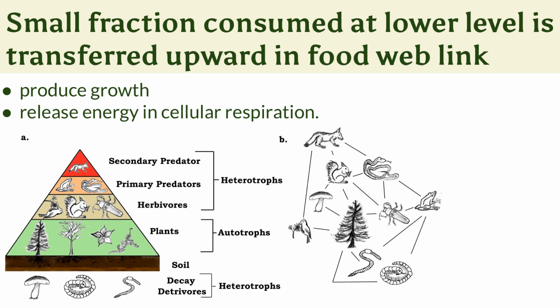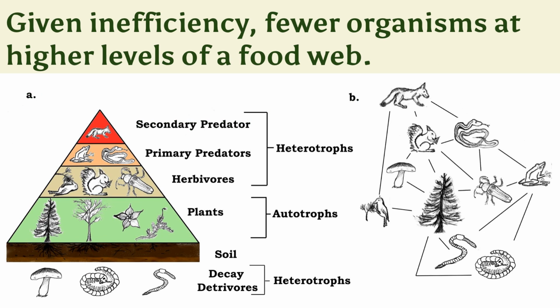At each link upward in a food web, only a small fraction of the matter that's eaten at the lower level is actually transferred upward, and then that energy is going to be used for growth and releasing energy in cellular respiration at the higher level. So given this inefficiency, there are usually fewer organisms at the top of a food web than there are at the bottom. And again, as the energy is produced down here by our plants and then consumed by herbivores, and then we have our different predators,